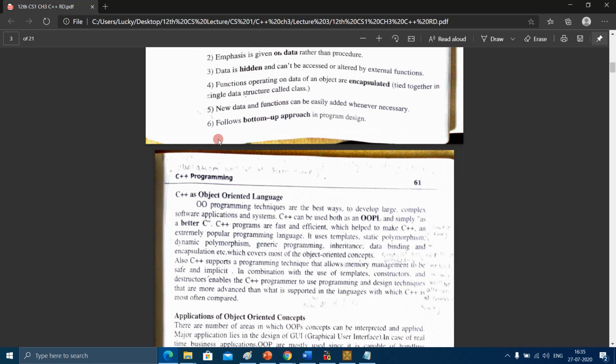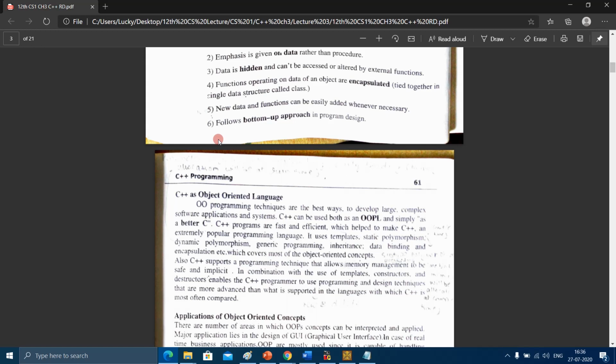The sixth point is that it follows a bottom-up approach in program design. When the programmer designs a program, he follows the bottom-up approach. Bottom-up approach means whatever we are doing in object-oriented programming is around objects. So the complexity of the problem is divided into subtasks, into objects.